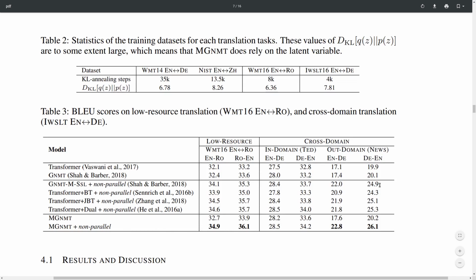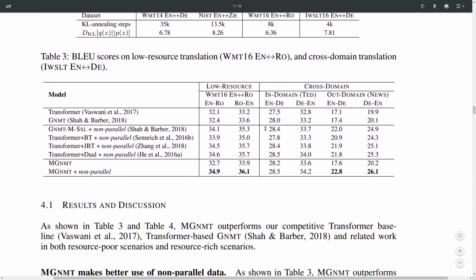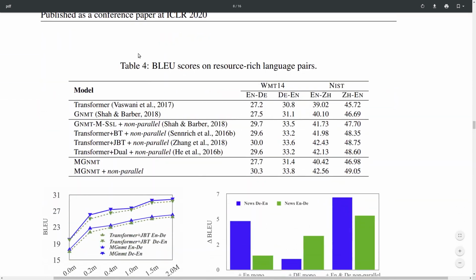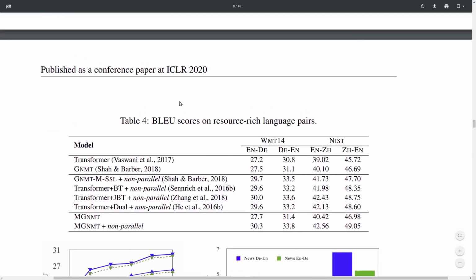Here you're also getting, I'm not sure about those, so I'm going to skip that one. But if we go to the results on resource-rich languages, which is English to German, German to English, English to Chinese, Chinese to English, you again see that MGNMT is outperforming the transformer, as well as the baselines, and with non-parallel data again you're getting some improvements, which is nice to see, and this seems to hold even for Chinese as well.